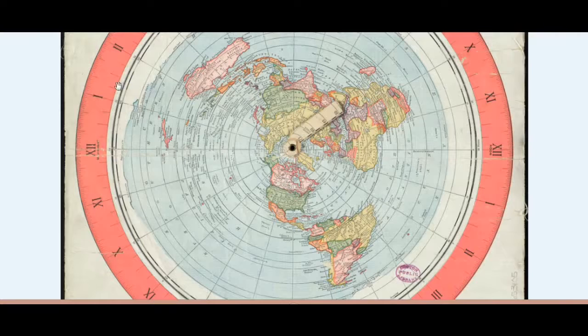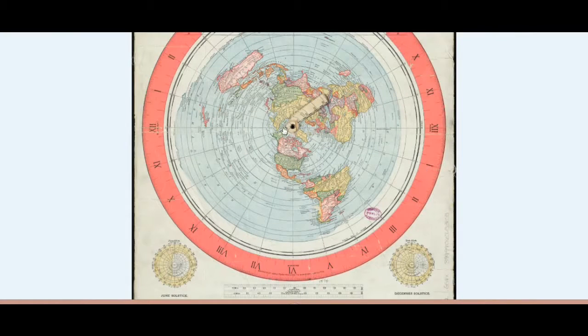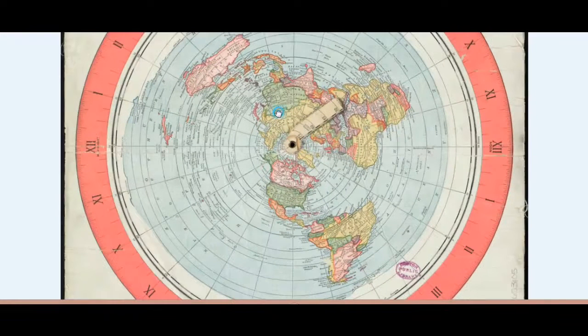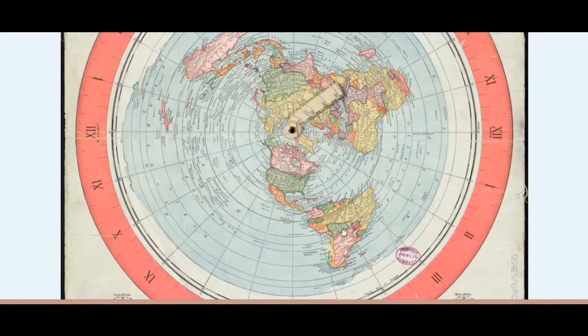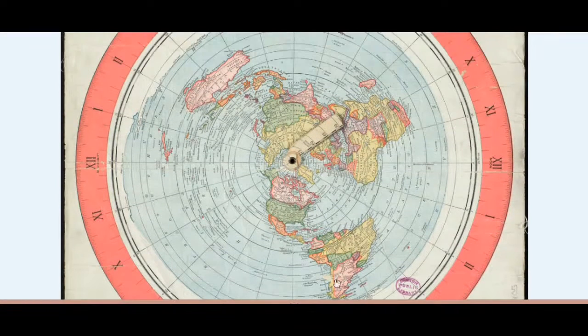But if this does represent the flat plane rather than a projection of the ball Earth, then flights from Argentina to Australia should be the longest there is, I would think. There can certainly be no shortcuts. I mean, they would have to pass over, not quite over the North Pole, they don't necessarily have to, I mean, but I guess it depends which part of Australia they're going to, but